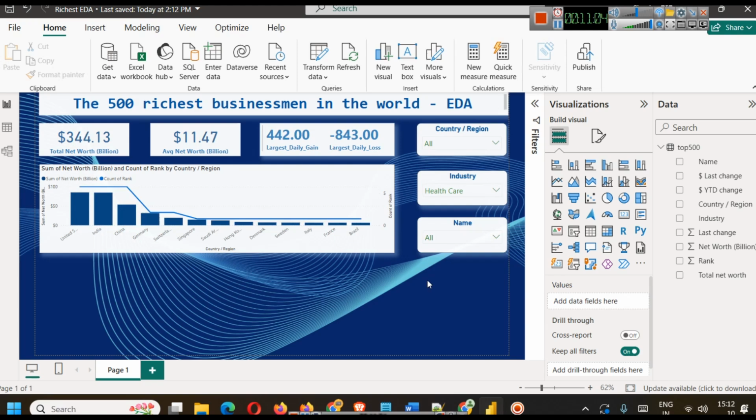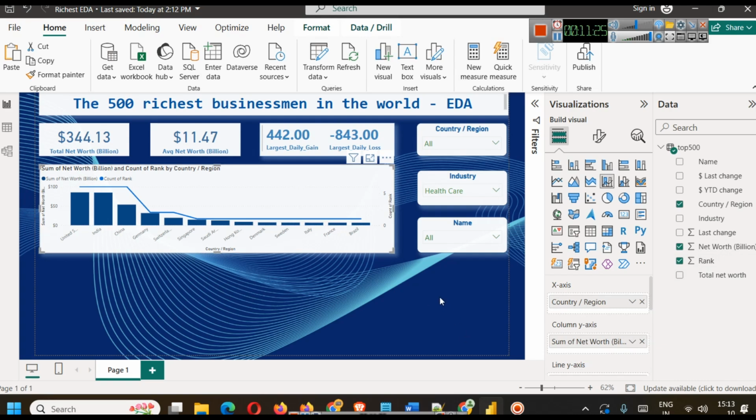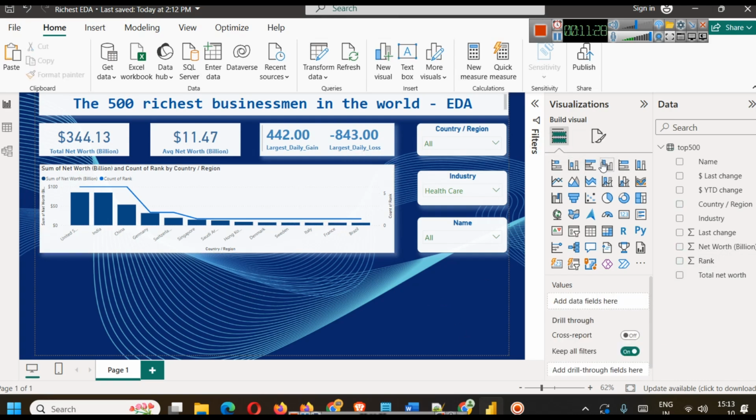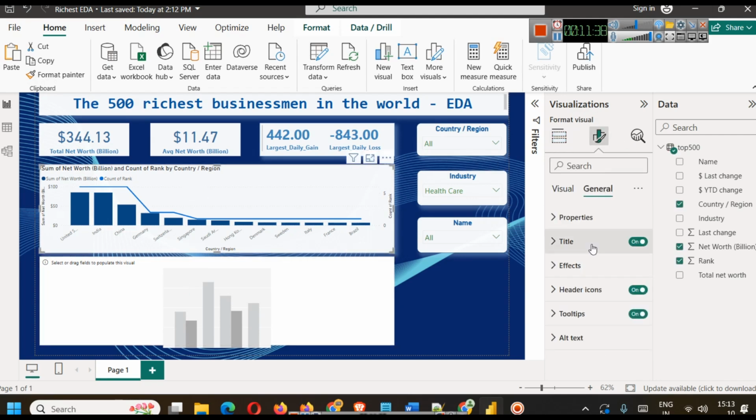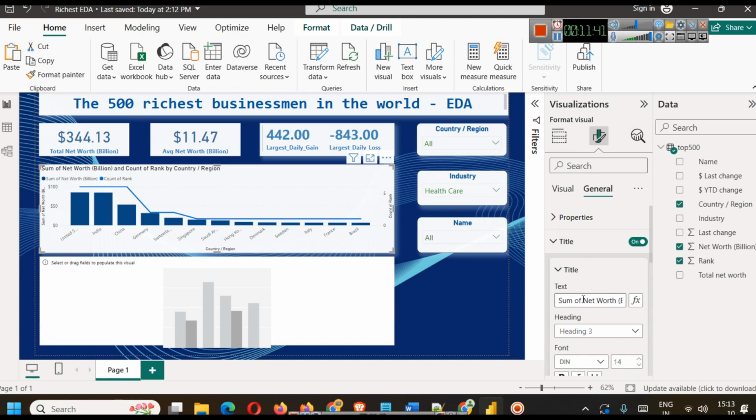So for example, I have selected healthcare, and then when you select that, you will also see different billionaire names here, right? Now let's say we have to find out the top 10 billionaires by net worth. So in order to create the top 10, we can again use a simple stacked column chart or clustered column chart, any one of them. And here, first of all, we'll use the same formatting. Before doing that, this is total net worth,